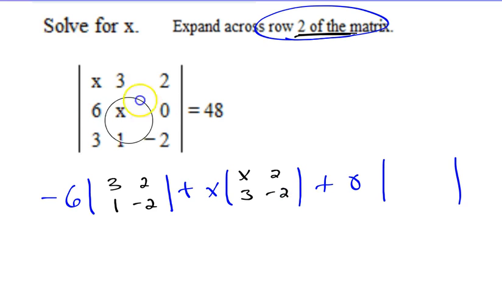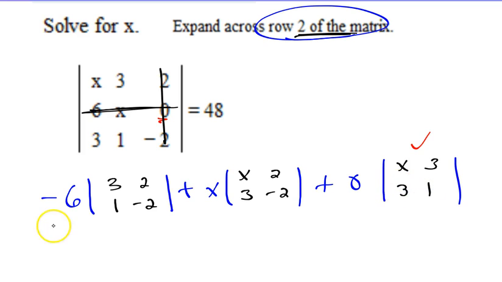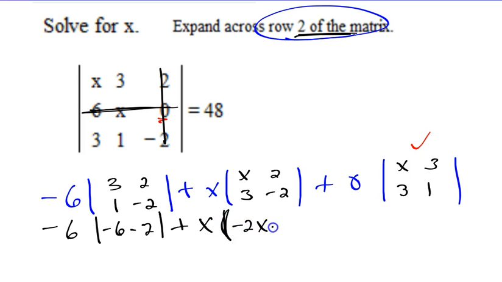And if I eliminate for the 0, which doesn't really matter what goes in here, no matter what I put in there, it's good, but I'll do it. It's the x, 3, 3, 1. So finding the determinant, negative 6 minus 2 plus x times negative 2x minus 6 plus